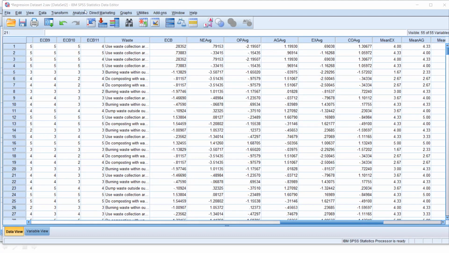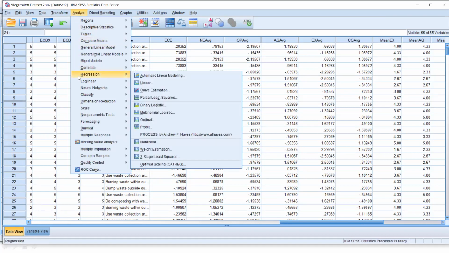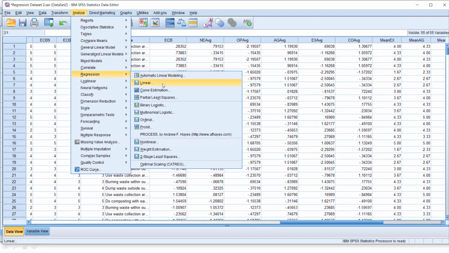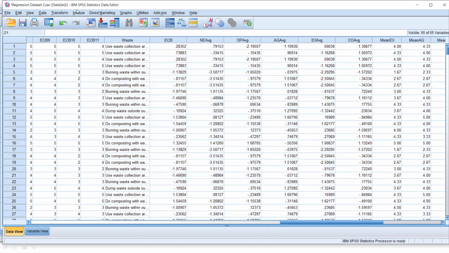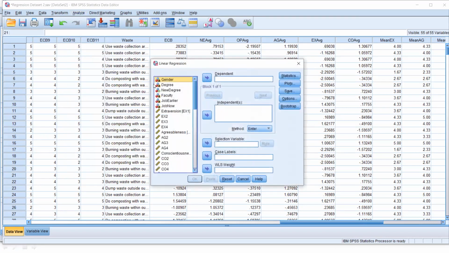Right, how to do it? Let's do. Analyze. Here you can see the regression. Right, analyze, go to the regression, go to the linear. Right, I already did it, then I reset. Right, I show it, analyze, regression, linear.